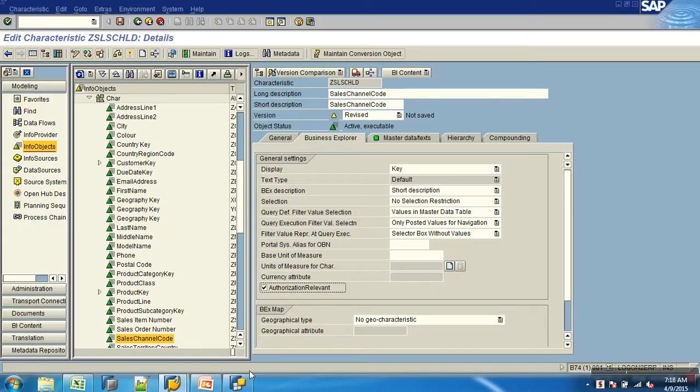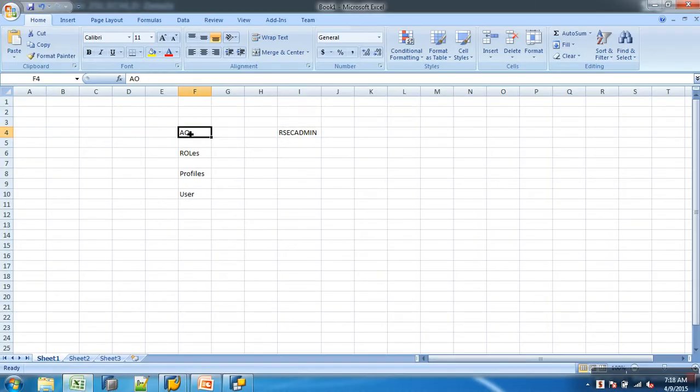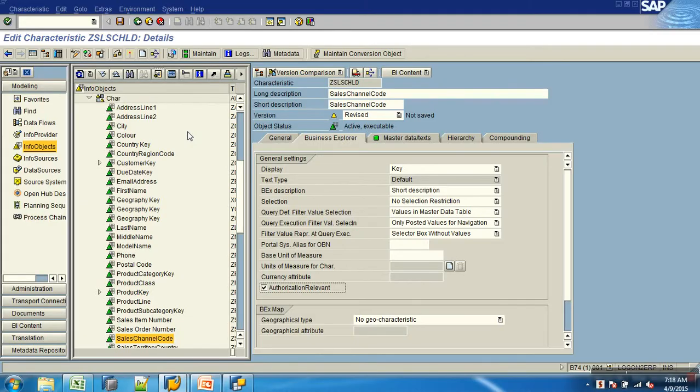Now I told you the hierarchy would be what? Authorization objects. So you go to create authorization objects or provide security, or control the row level security, or control the users based on the values of this InfoObject. So activate this. This is how you enable the InfoObject as authorization relevant. Clear this? Simple. That's it.